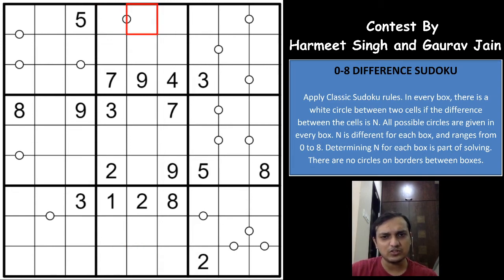You can see there is only one circle in this box, but it cannot be the difference of 8 because you already have a 9. So it cannot have 1 and 9 here, not possible. This box is also not possible, because 9 is already there. So there are three possible places for 1 and 9, the difference of 8. This box, you can have 1 and 9, 9 and 1 here. This box is also possible. You can just take away the 9 being close to 1, because there is no circle in between, and even this box is possible, right? So that is also not helping us. Now you should look out for the box having more circles, right?